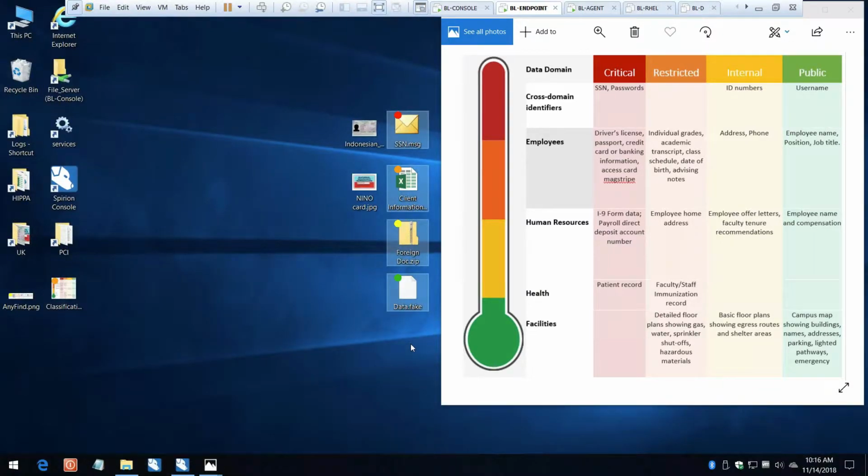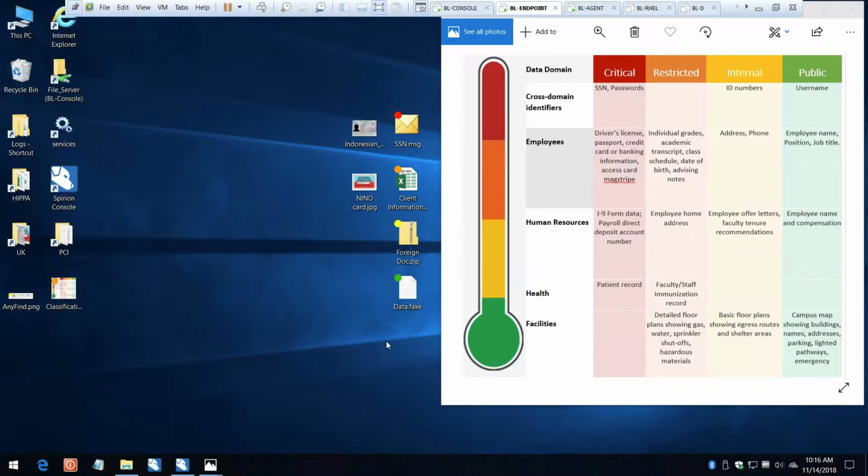So in this case, you can see I've got 4 files just sitting on my desktop here. However, you'll see that they have these icon overlays on them, so red, orange, yellow, and green. And these particular file types match my data classification matrix that I have here. So I know when I see data that has an icon overlay of red, it is critical in nature, versus green, which is the least sensitive in nature when it comes to the types of data that I'm hoping to identify within my organization using Spirion.